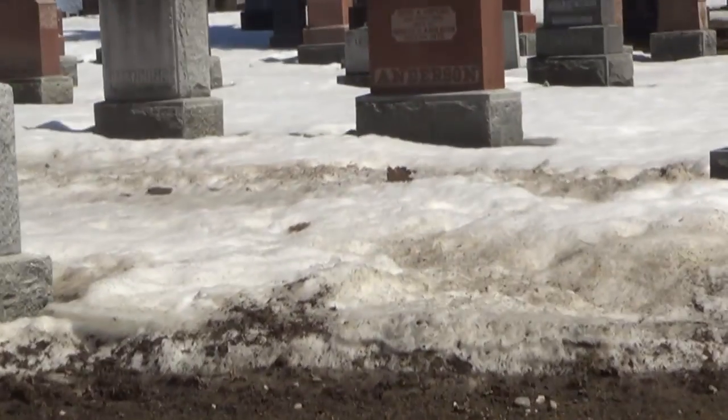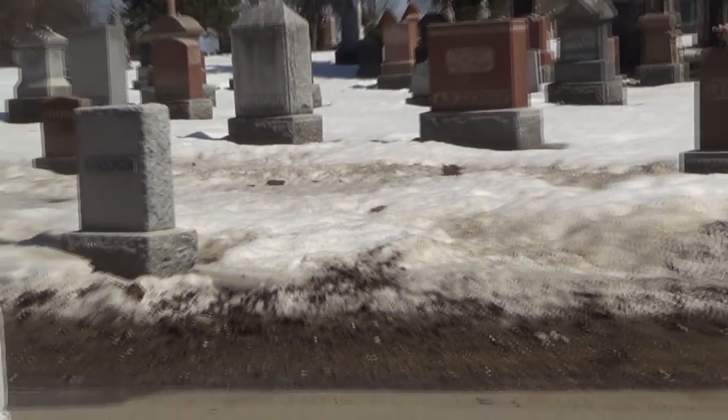And as you can see, still got snow like crazy out here. There's still over, some places it's over a foot of snow still. So it's been a real nightmare with snow and stuff here, but anyhow,